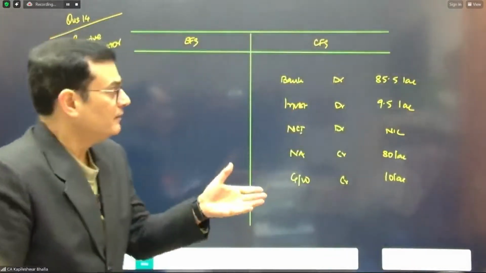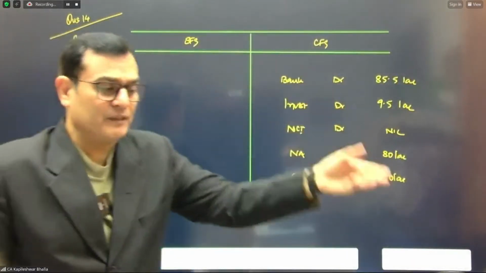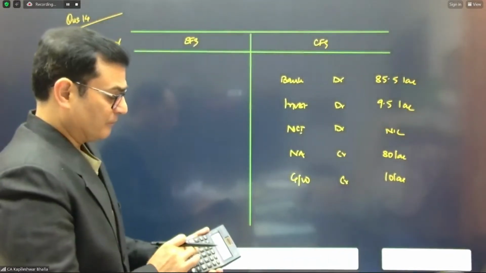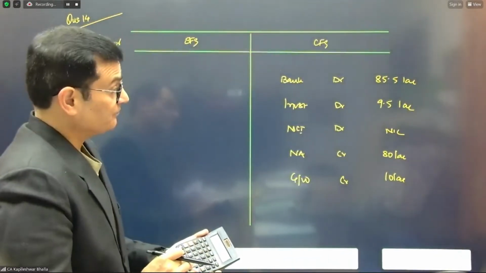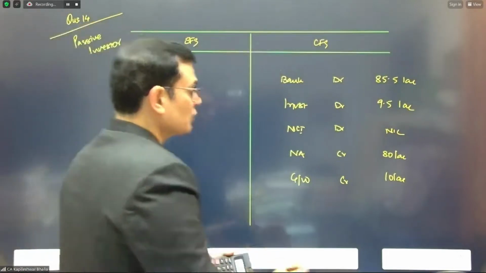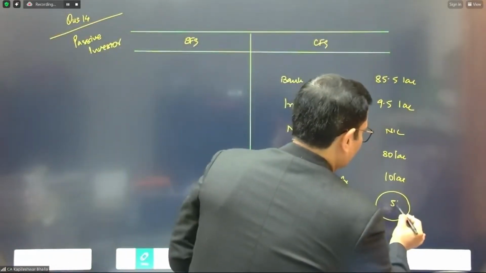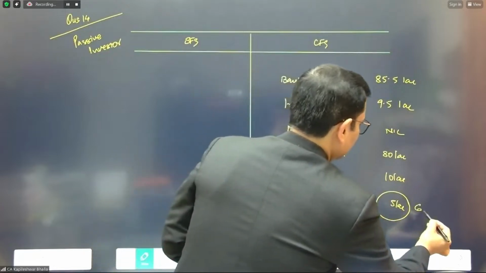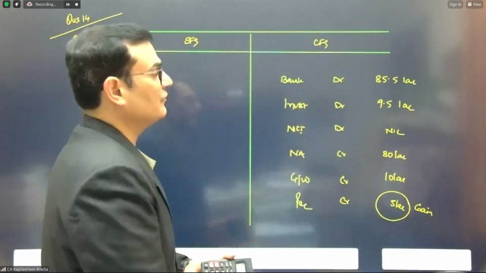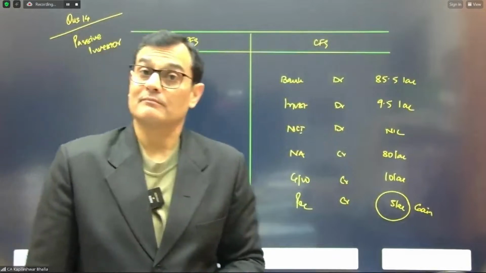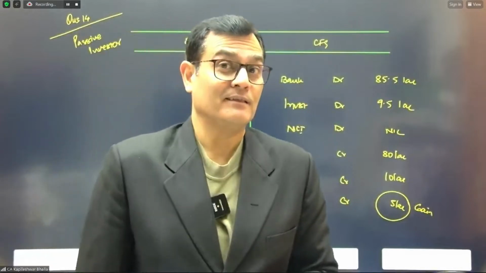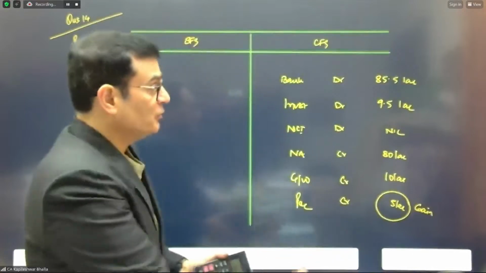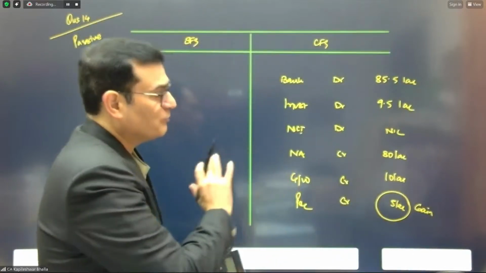As simple as that. So now you can see the balancing figure in this entry, which becomes again a gain from consolidation. 85.5, 9.5, and this is 90. So we get a balancing figure which is 5 lakhs, and that will be taken to the P&L, and represents the gain on disposal in the consolidated financials. Isn't that a pretty easy technique indeed? Not because I've created it, but I think it's a very easy way because you get concentrated on organizing information step by step.